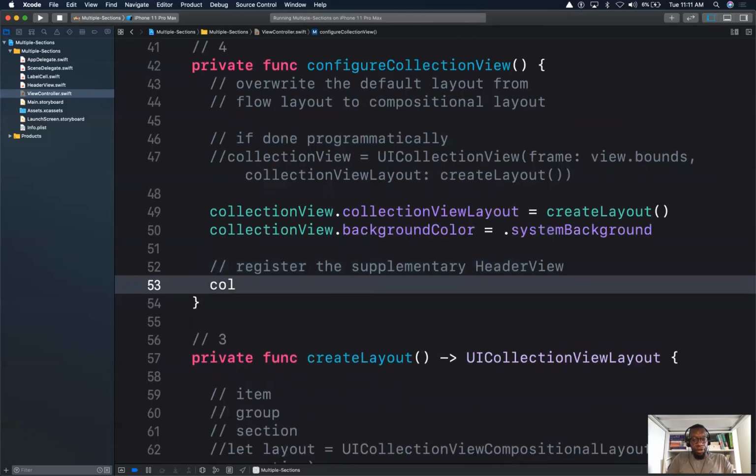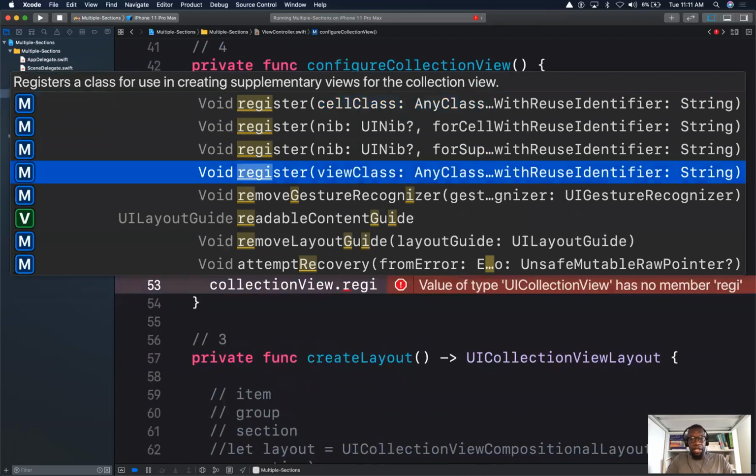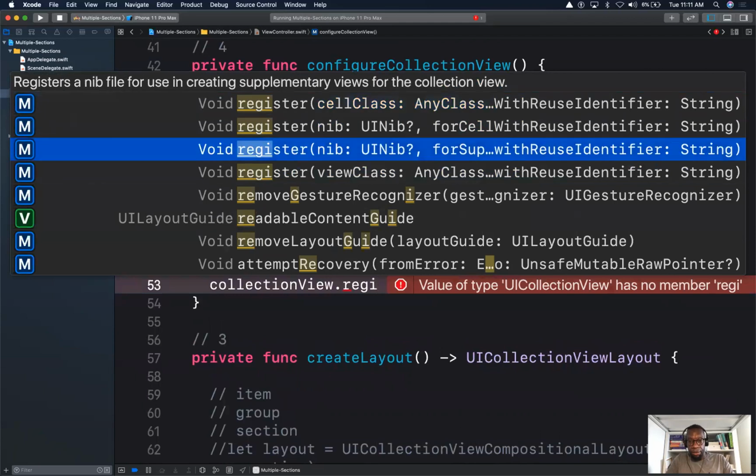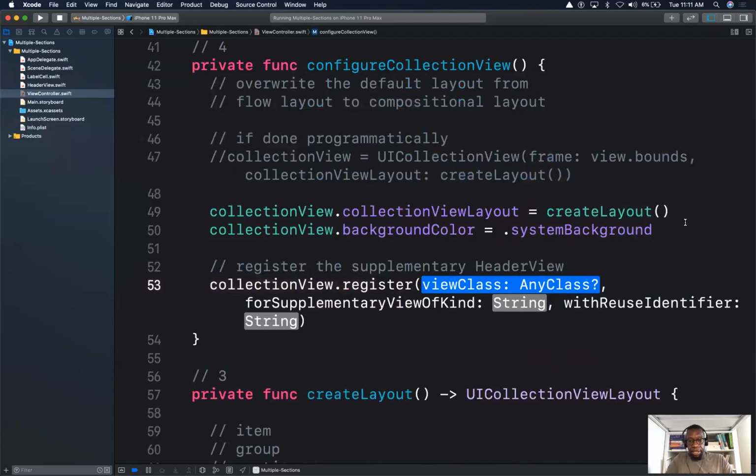So collection view dot register. Again, you could register many things on the collection view. You could register a cell, a nib, right? In our case, we want to register a reusable view, supplementary view. And I'm seeing everything here because this font is so big. Let's see. Ah, I got it correctly. You want to use the one that says supplementary view of kind, or the initializer. Everybody with me? Yeah. Okay. And where it says view class, you'll put in header view